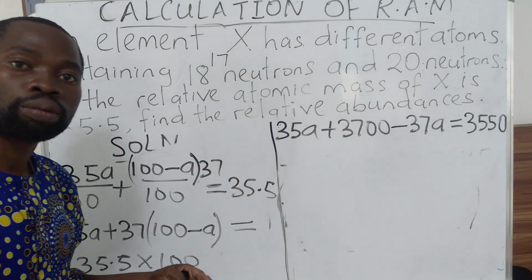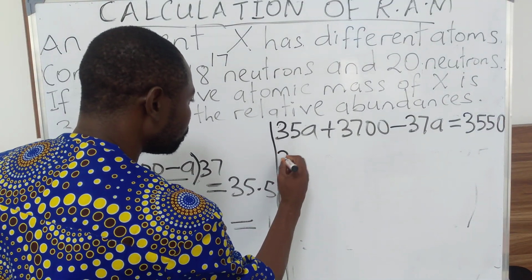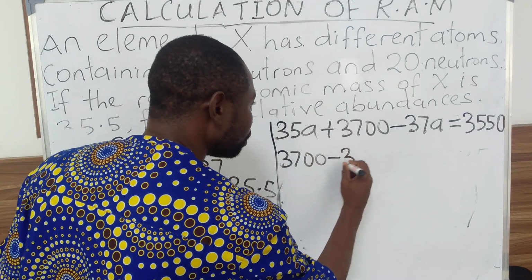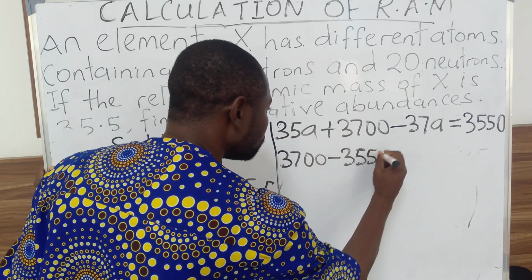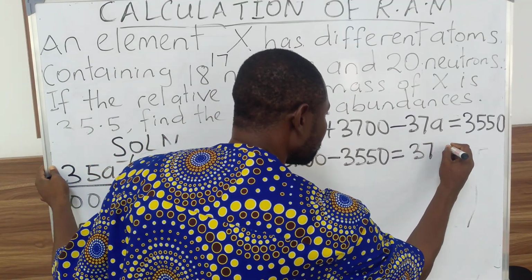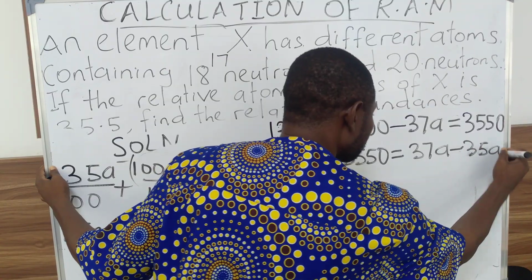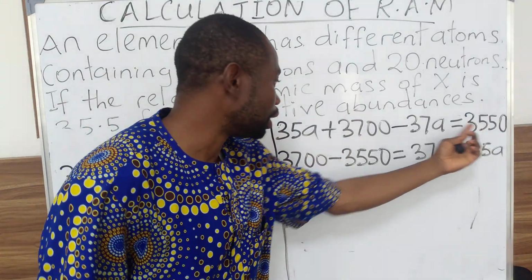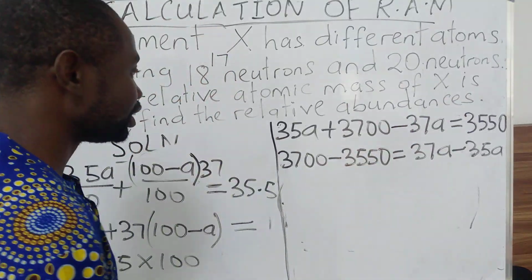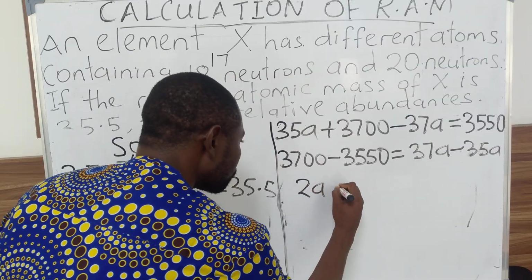The next thing is to collect like terms. This will give us 3,700 minus 3,550 is equal to 37A minus 35A. I brought this to the left, took the A to the right. So 37A minus 35A will give me 2A. So 2A is equal to